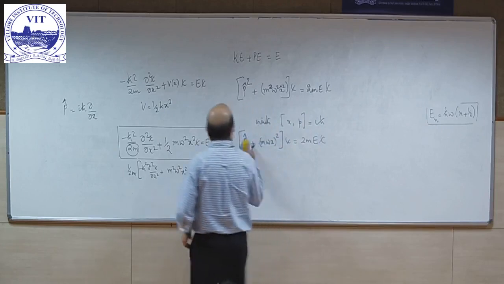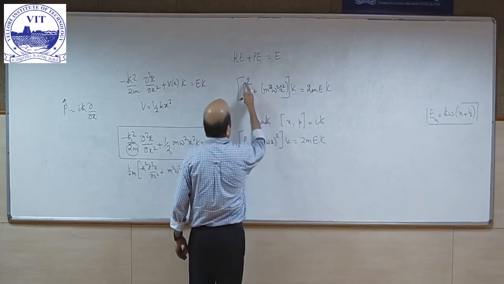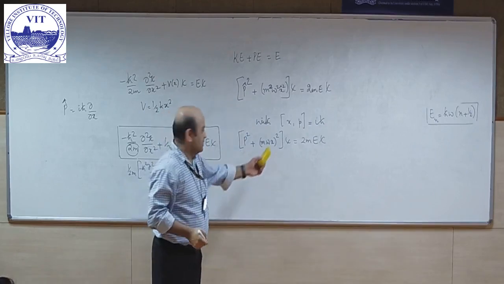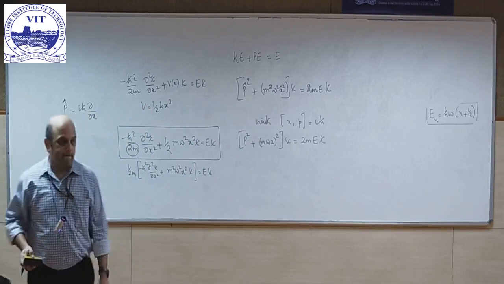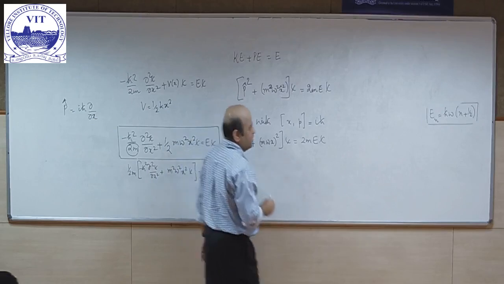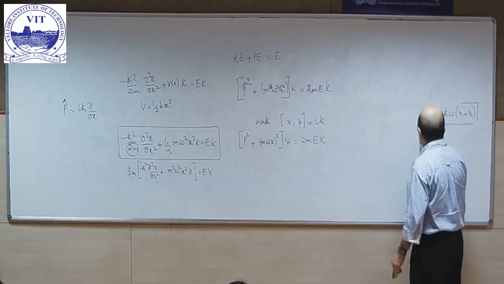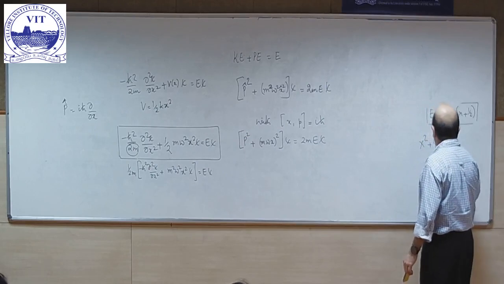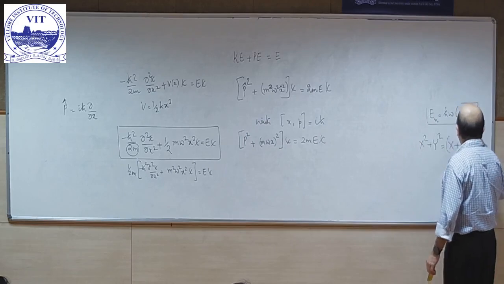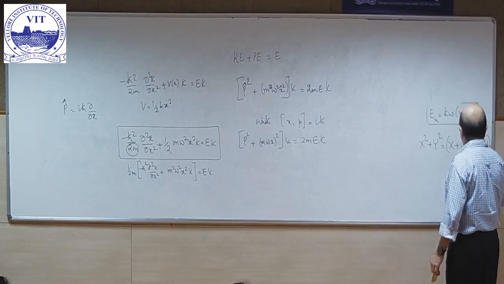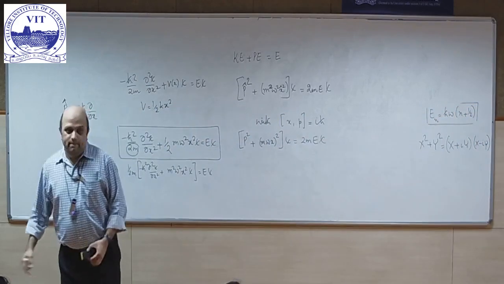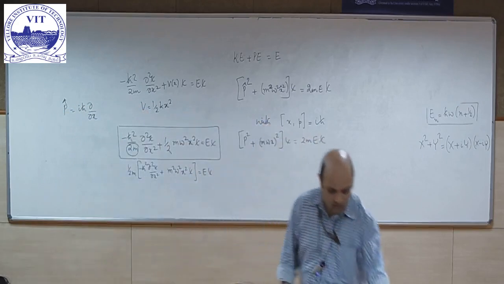So instead of writing the cap, I'll just write p square. That means we know that this is an operator, this is also an operator. What is this? This is a square plus b square. So I can write a square plus b square, or let's say x square plus y square, as x plus i y times x minus i y. This is x square, this is y square. So that means the general solution, what you get is